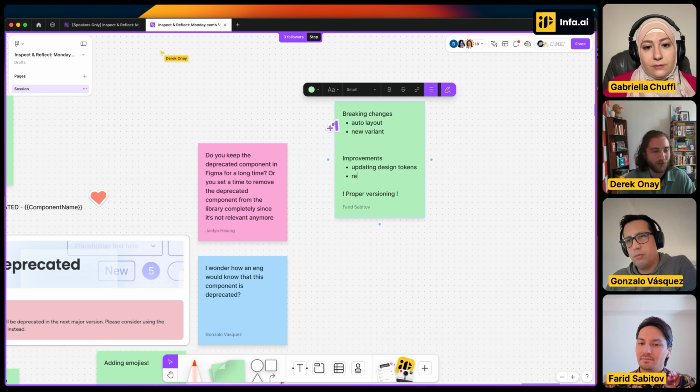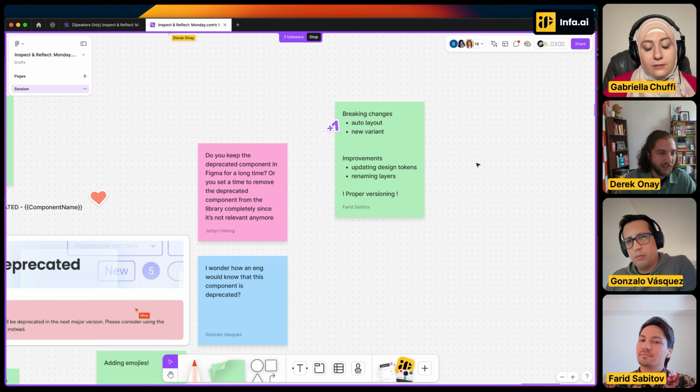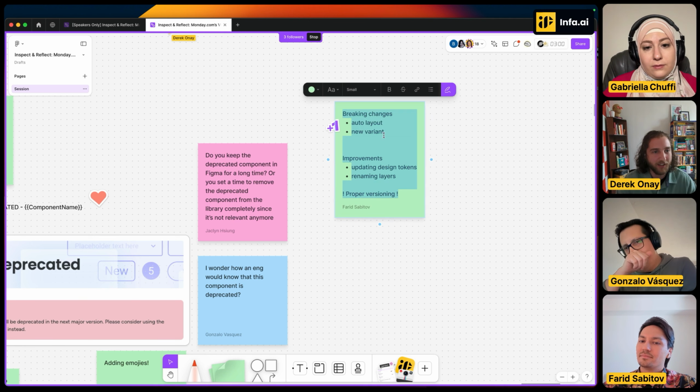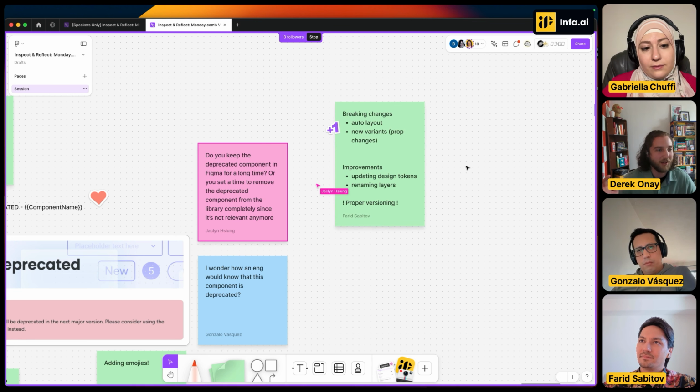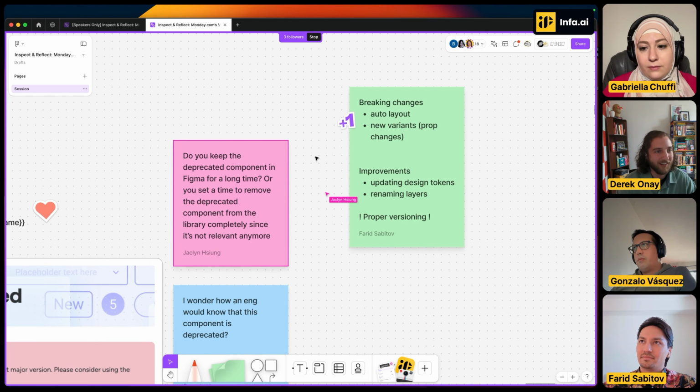altogether. And so you try all of these little levers first, because if you go into your analytics in any system, and I'm sure Monday deals with this as well, they probably have a single component that's being used over 10,000 instances. Introducing a breaking change is catastrophic to someone's workflow as soon as they update your library. Consider using a new variant, or like Gonzalo mentioned,